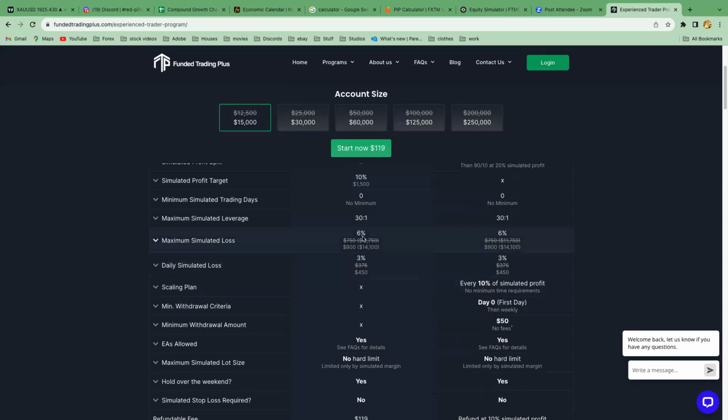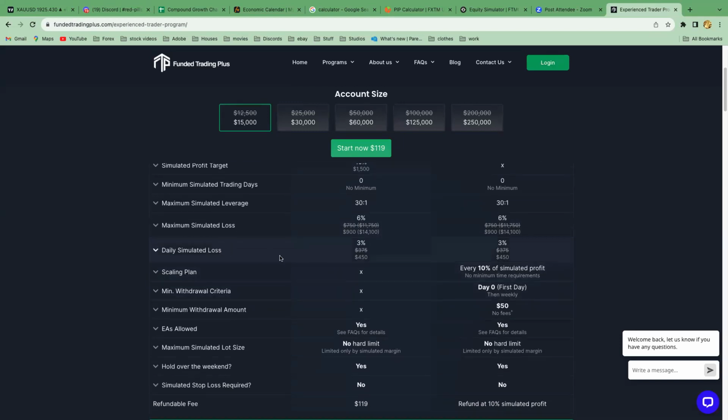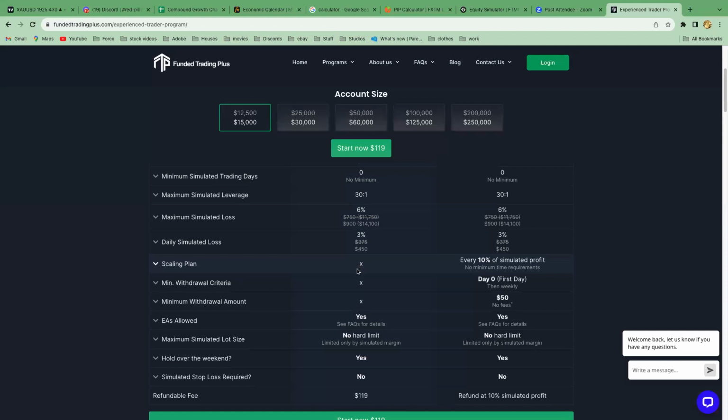So 6% is the max drawdown. Again, it just trails with you. As I explained, your minimum again is 3%. Again, unless you're trying to do some crazy growth on your account, unless you're trying to take every entry at 3%, you'll be fine. It's not that deep. I'm telling you, you still pass this account.